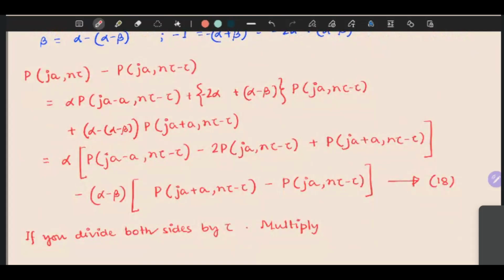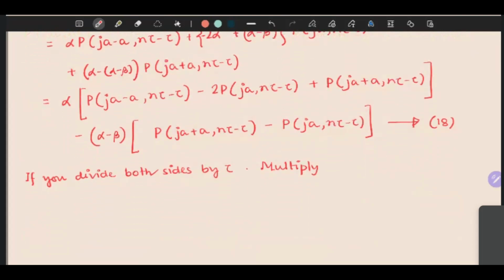Now if you do this by a square and this a, multiply first term in RHS by a square and divide the second term, or this term, second term by a. Okay, and now